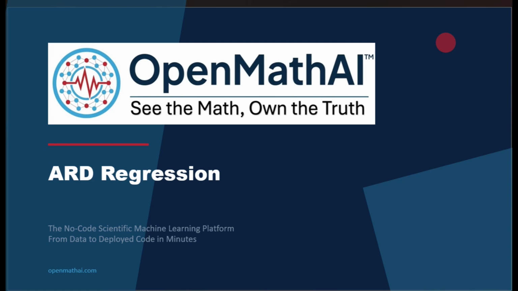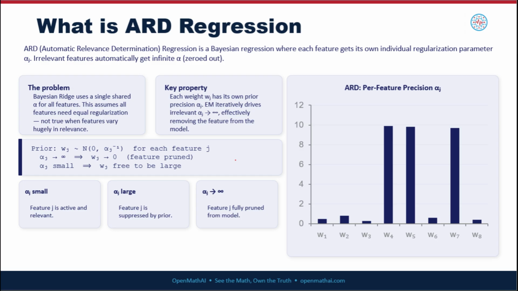In this video, we are going to learn about ARD regression using OpenMathAI. So, let's get started. What is ARD? Automatic Relevance Determination. Regression is a supervised machine learning algorithm used to predict a continuous numerical value, just like linear